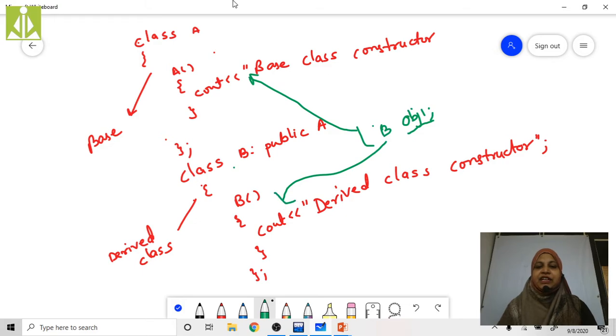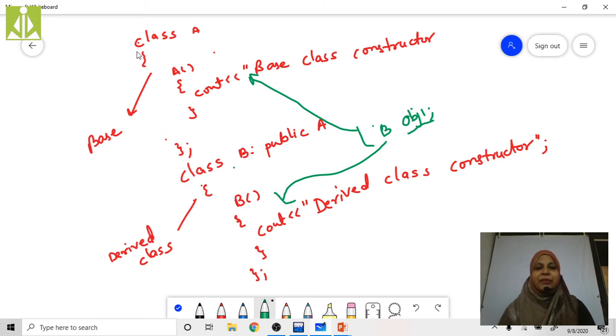Whenever we create an object for any class, that particular class constructor is going to be invoked. Here I am creating the object of class B, so in general the class B constructor is invoked.